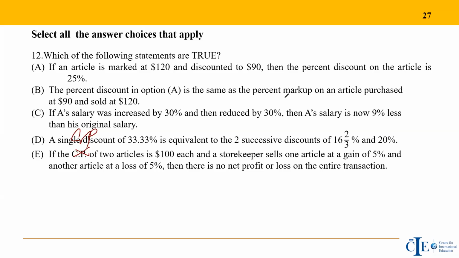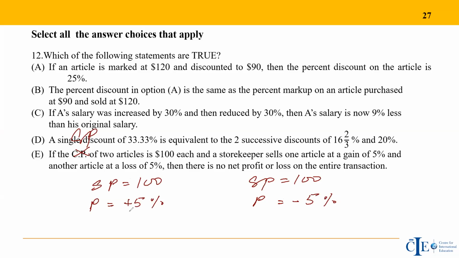Okay, he will have a loss, right? Or no profit, no loss? The question is, instead of cost price, if the selling price was the same, he sold two articles for 100 each, where the selling price is the same. On this, let's say he made a profit of 5%. On this, he had a loss of 5%. Then overall, did he gain or lose in the overall transaction?